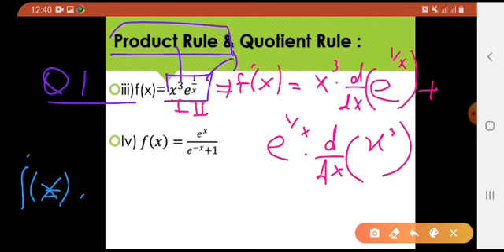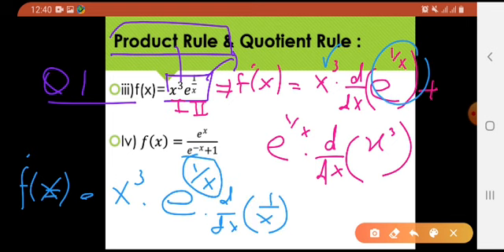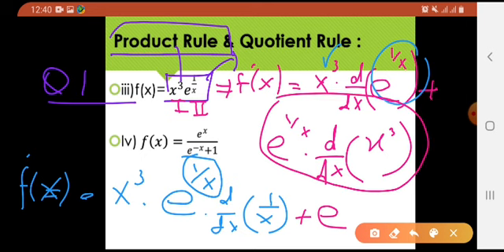F dash of x equals to, what is the answer of, okay, x cube being as it is. What would be derivative of this? We just learned it. What is the formula? E raised to the power 1 over x as it is into d by dx of the exponent. What is my exponent over here? 1 over x. Clear? Next, derivative of this plus, now this one is being talked about, okay. So it would be e raised to the power 1 over x as it is, because we are not taking its derivative. What about this derivative of x cube? What is it? The power rule, right. 3 comes first and x raised to the power 3 minus 1 which is 3x square.